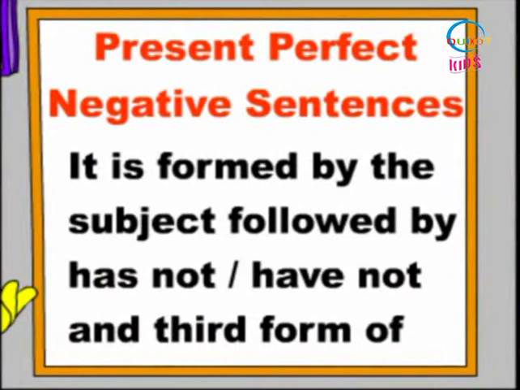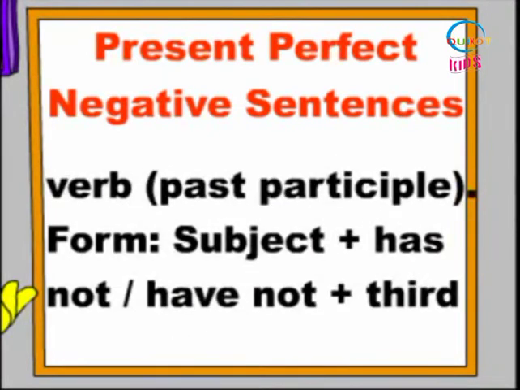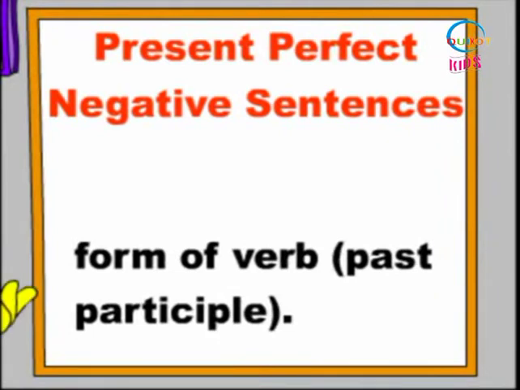Present perfect negative sentences. It is formed by the subject followed by has not, have not, and the third form of the verb, past participle. Form: subject plus has not, have not, plus third form of verb, past participle. Examples: